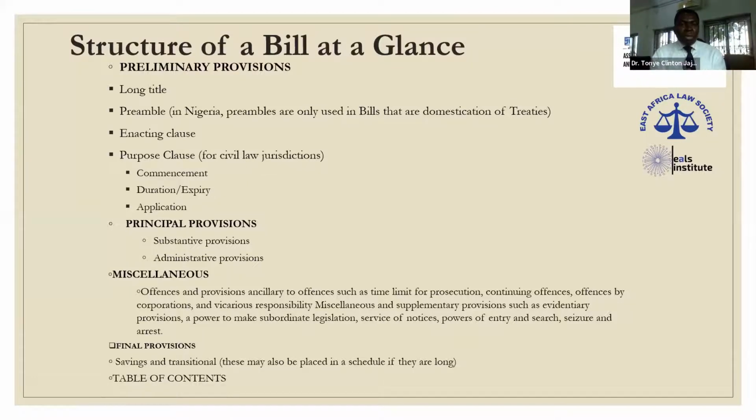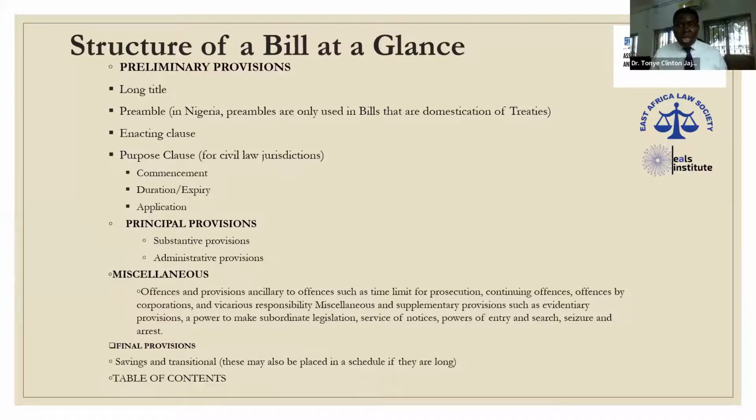The preliminary provisions you'll have the long title, preamble, enacting clause, purpose clause. This is something I will share with you. So the slides will be sent to you. Now, for the principal provisions, you have the substantive and then the administrative.